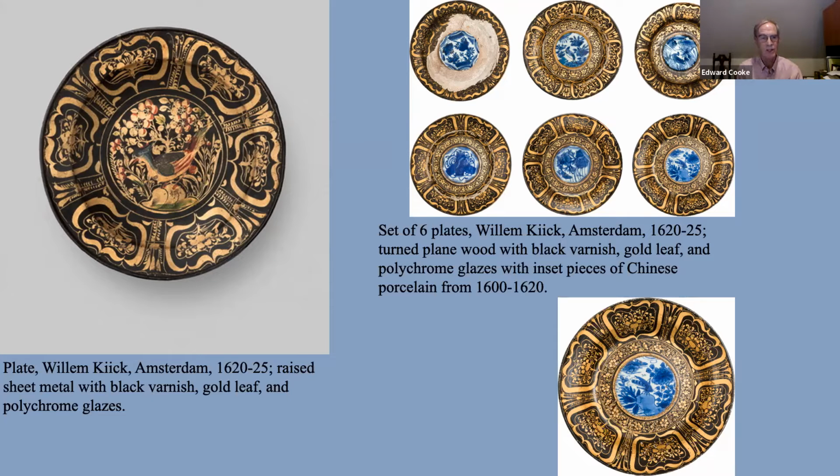And you can see the way in which Cooke even does it on a sheet metal plate on the left, which mimics a lot of the kinds of Chinese porcelain, blue and white, a type that's referred to as crockware, in which you have these panels along the rim, and then you have an animal likely in the middle of the plate.